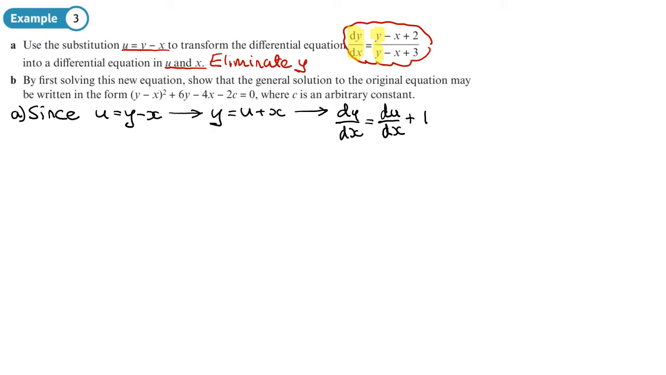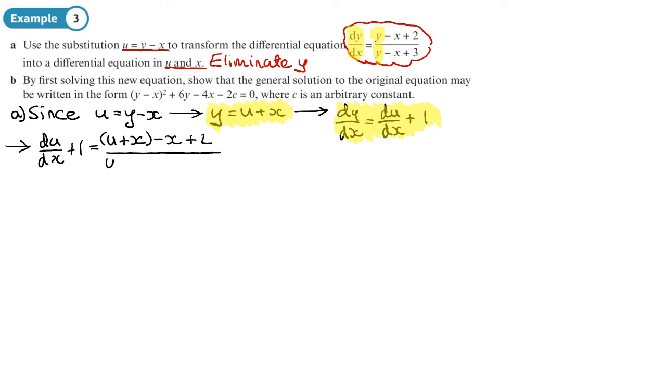So these are what I can use for my substitution. Any y's I'll substitute for u plus x. Any dy dx's I'll substitute for du dx plus 1. So let's do that. Let's start with the dy dx, so that becomes du dx plus 1 equals, now y will change to u plus x, so I have u plus x, then minus x plus 2 over, there's a y at the bottom, so that's also u plus x,